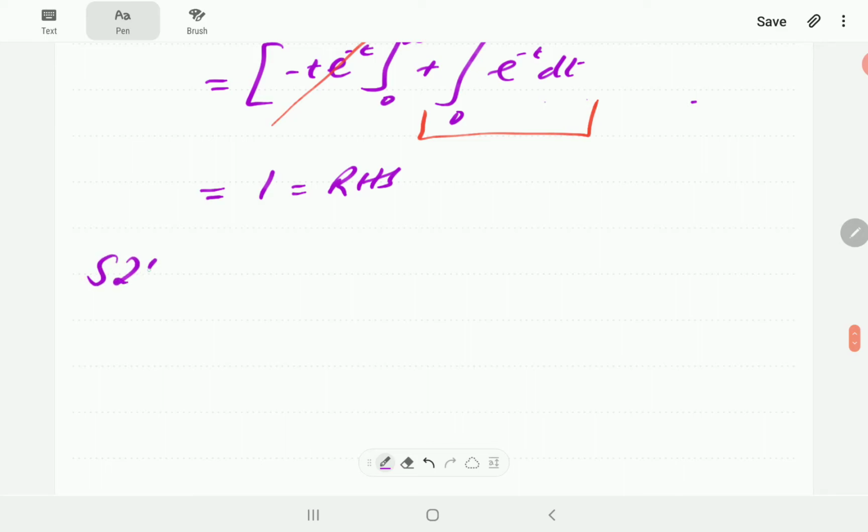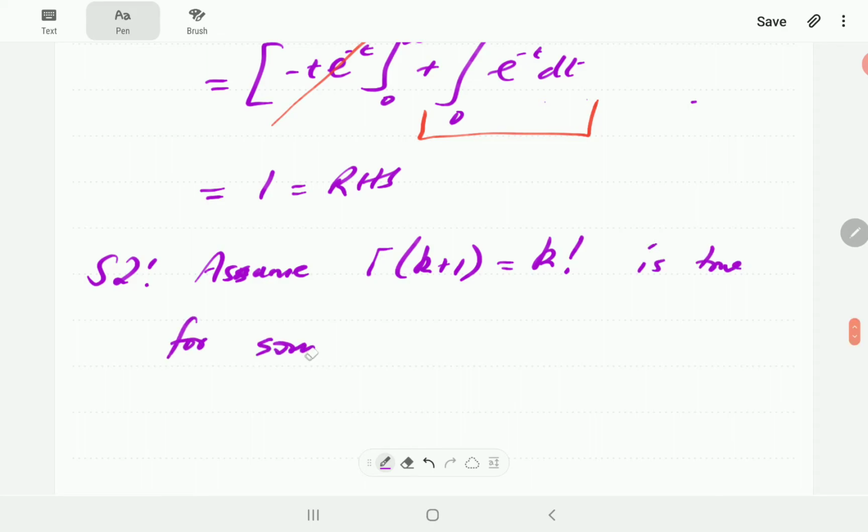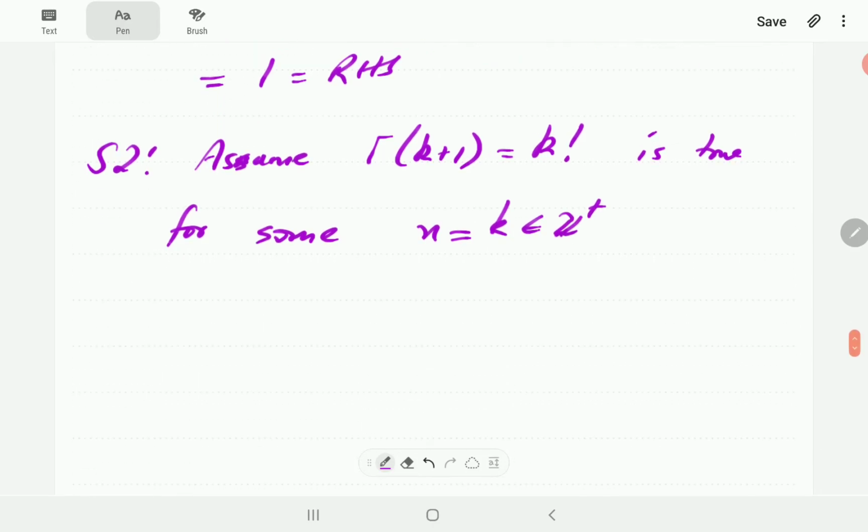Then in step number 2, we are going to assume that for some value of n, which is equal to k, then gamma of k plus 1 is k factorial. So assume this is true for some n equal to k, where k is some positive integer. Then in step number 3, we want to